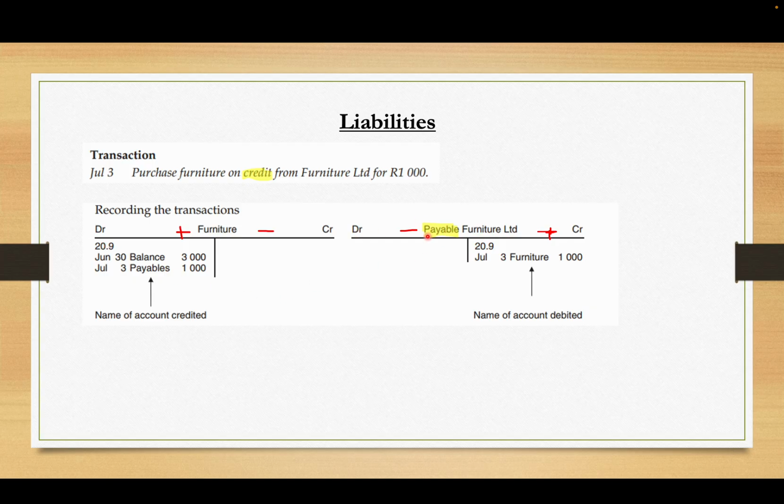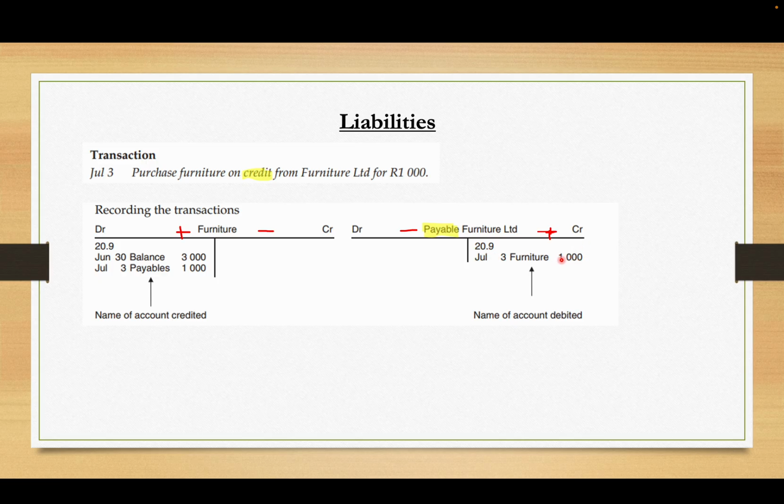So we go back to our other T account, because remember it affects two accounts. So now we open a T account for payables. Since it's a liability, it decreases on the left and increases on the right. So asset and liability, it switches over, it's opposite. With asset, it increases on the left, decreases on the right. With liability, it increases on the right, decreases on the left. It's always opposite. So you open a T account for payables, and you can see that it increases because remember